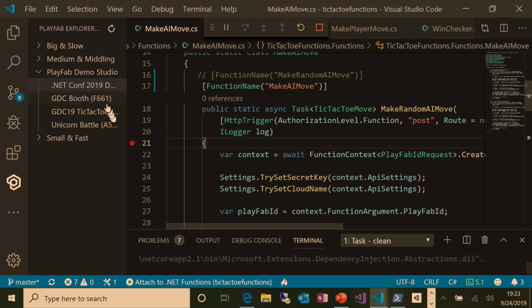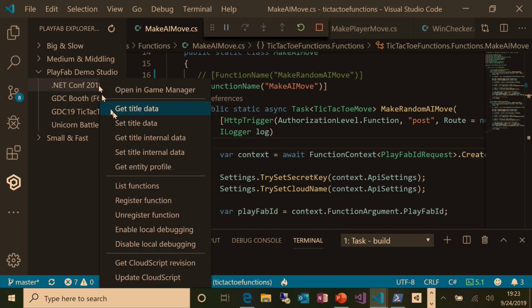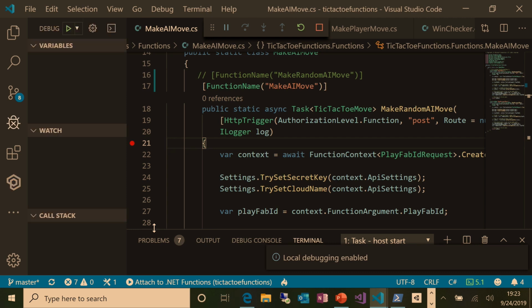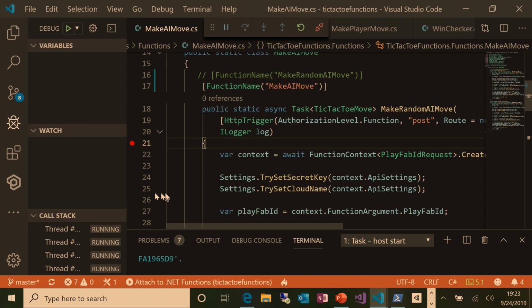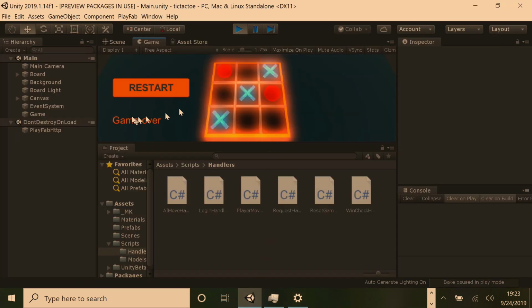And then again, in our VS Code extension here, you may have noticed there was an enable local debugging option. If I click that, it basically enables a little shim inside our Unity SDK and says to it, hey, don't call the PlayFab server to execute through Azure. Call the local Azure Functions runtime that is running inside VS Code or Visual Studio. You could do it in Visual Studio as well instead. And so now, if I go back to Unity and we restart the game,